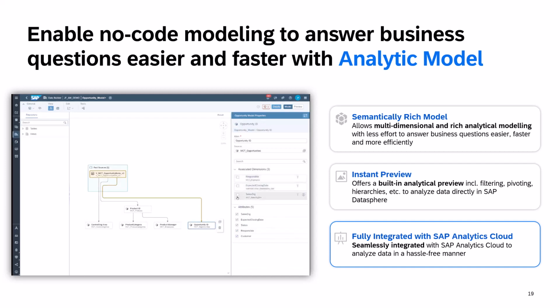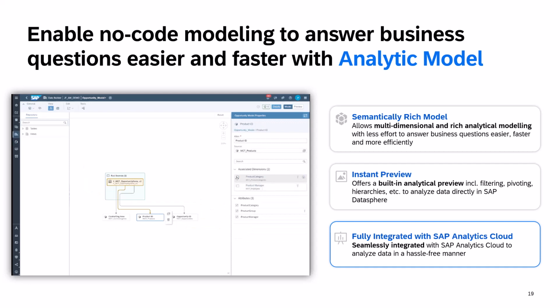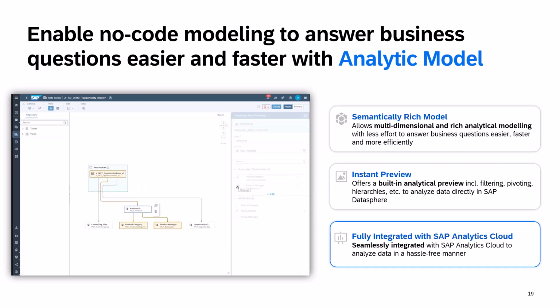We're using basically the same component in the background for this preview functionality as SAP Analytics Cloud uses. So same kind of rendering of the data, and you see exactly what you will also see on the Analytics Cloud side, since we have this quite tight integration between the two.